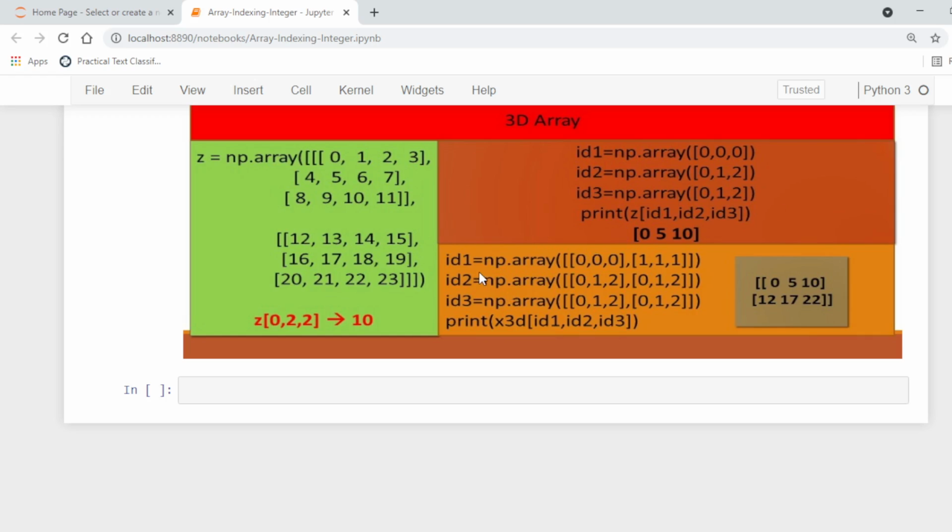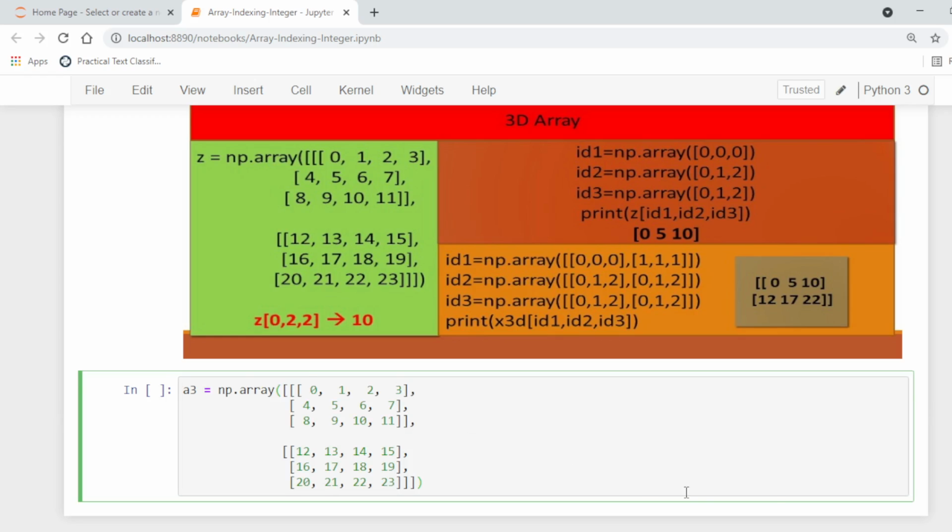Similarly, we can specify this array like this one also. For example, let's say we demonstrate this with an example. So this is a three-dimensional array.